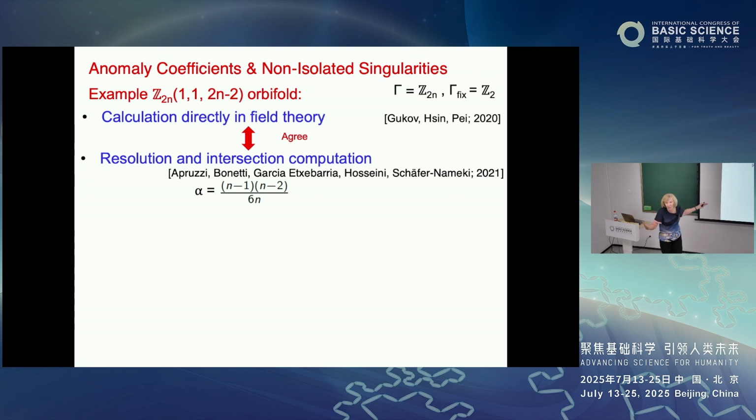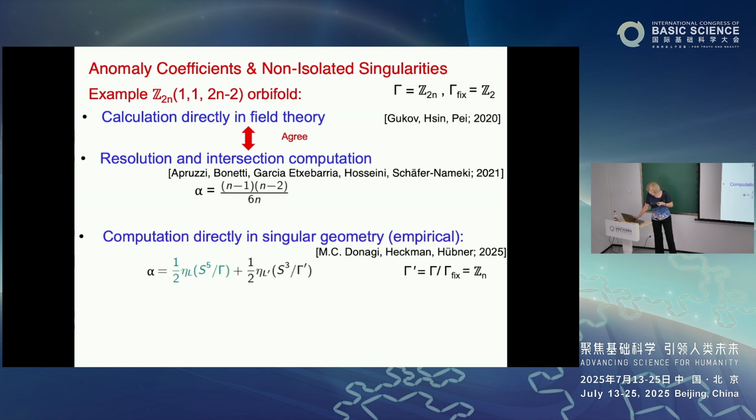Field theory should agree with what geometric engineering does via resolution. Now comes our approach via singular spaces and eta invariants on the boundary. And so we have the following empirical answer for the anomaly. It has the standard, not so standard, eta invariant associated with this boundary itself, but it excludes this special invariant calculated